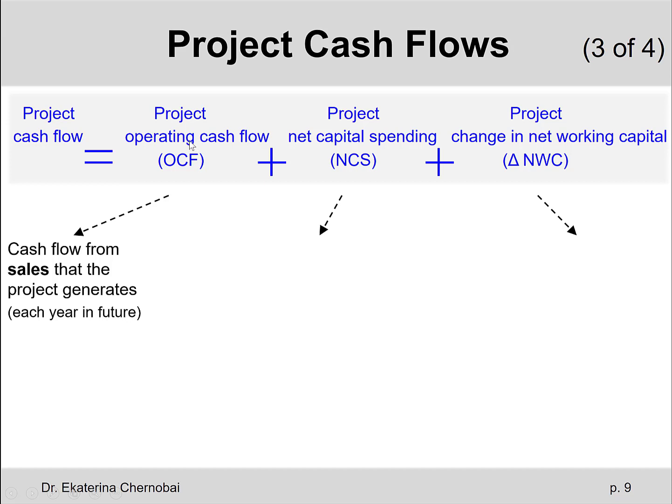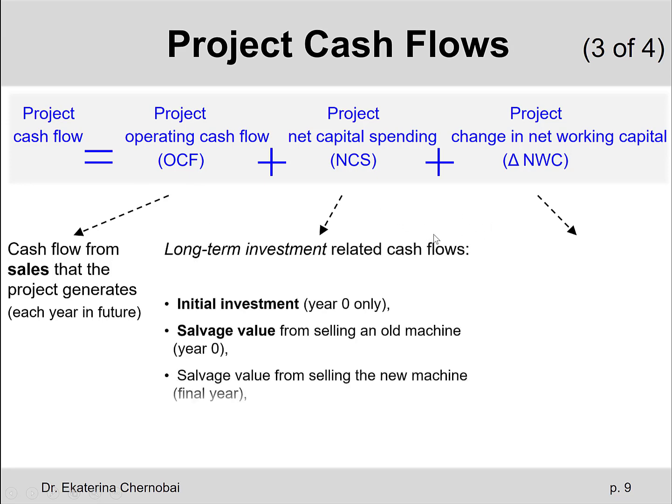So you may think that, isn't that what the project is all about? It's just calculating profits from whatever it is that we would be selling. Well, I would say yes, it is kind of the main thing, but there might be other things that the project would involve. So let's see what's the idea behind net capital spending. There are several different cash flows that belong in this category. The general idea is it's something that has to do with the long-term